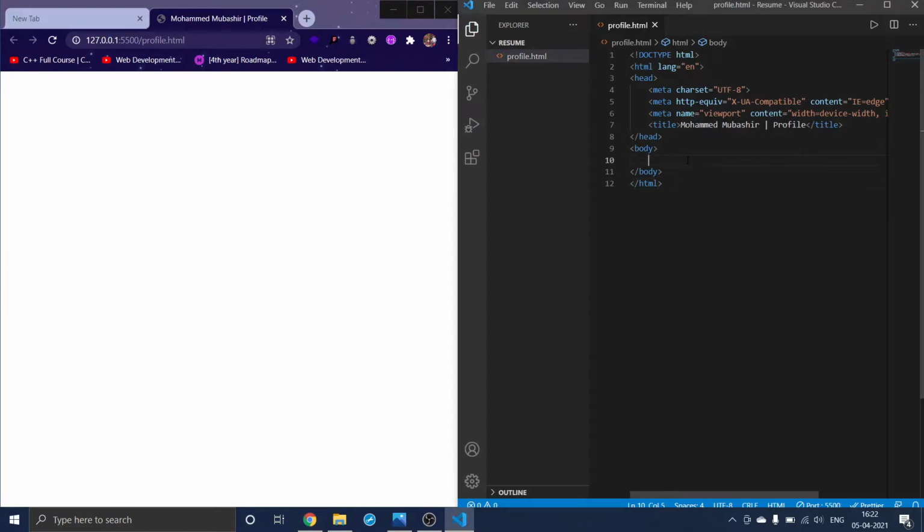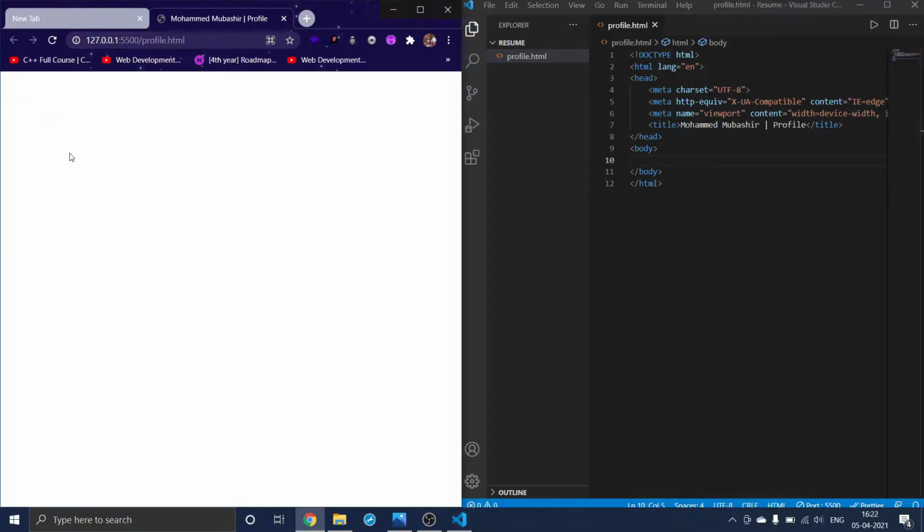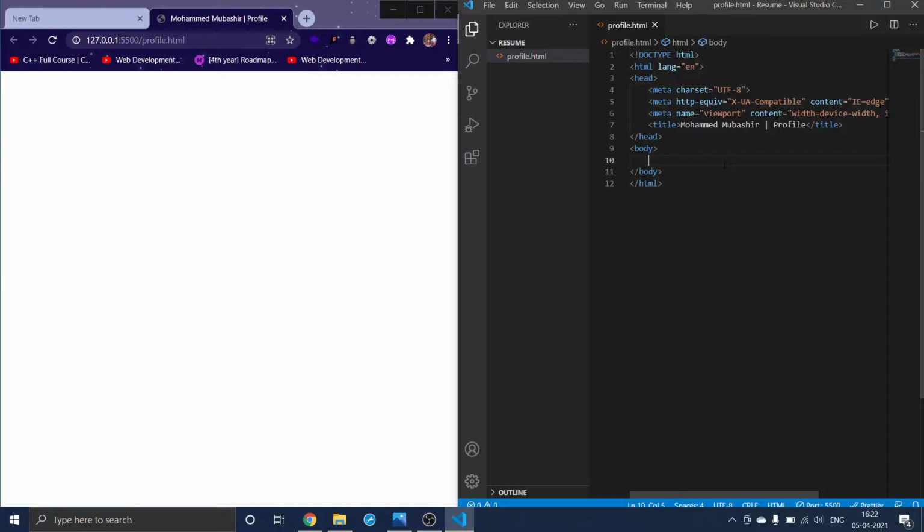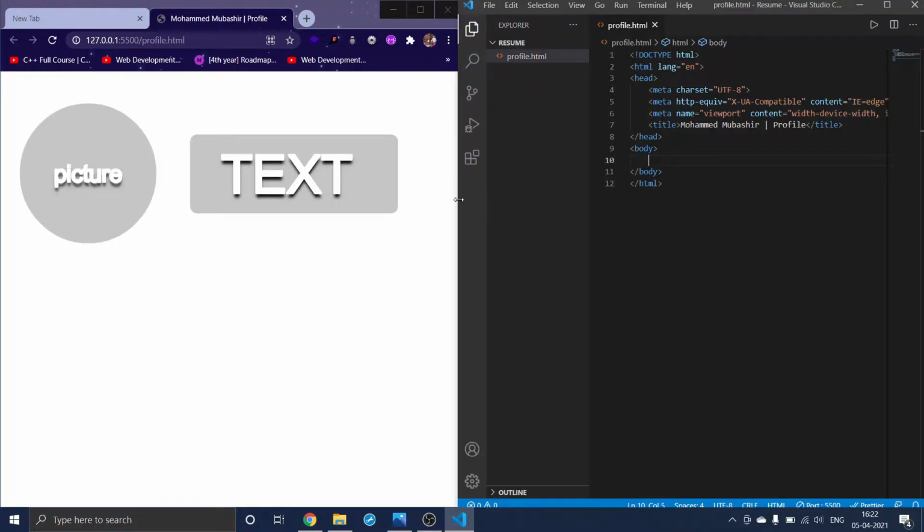So now we are up here with Chrome, and first I need my name and my profile picture here. For the image I can directly use the img tag, right? But with the image I need some text beside it as well.